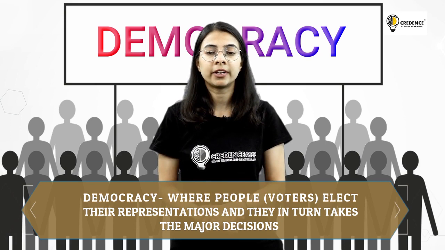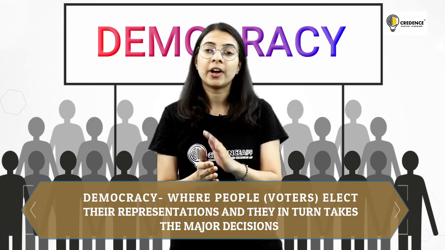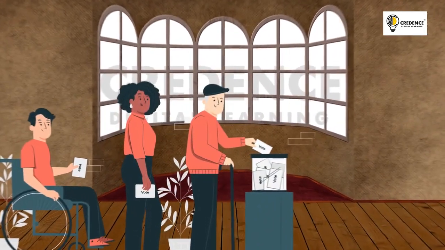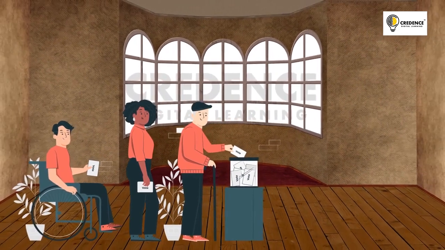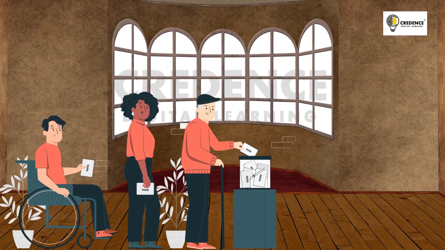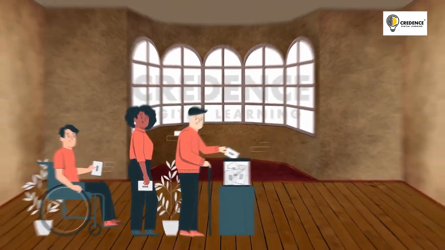That is why we consider the case of having a democracy, or elections, where voters elect their representatives, and these representatives in turn help them to take decisions for the country and make the government, right? So in the elections, what voters do is make choices about who will make the laws for them, who will form the government, which party would rule, etc. So this is how voters have their own choices in these elections.